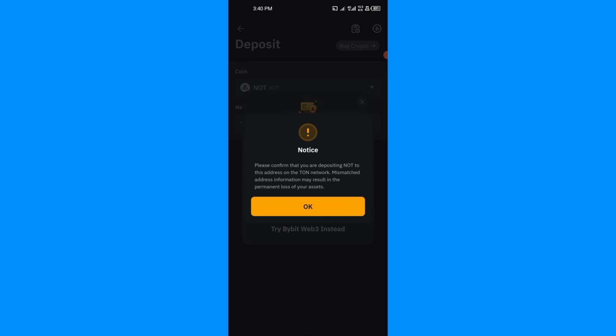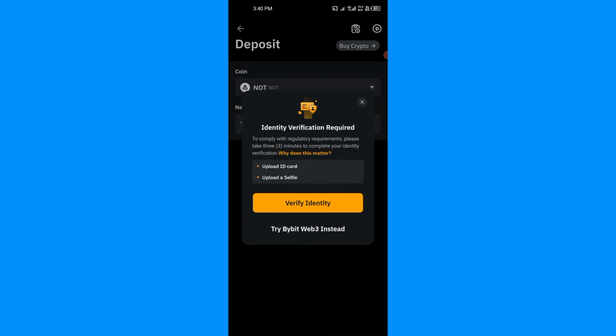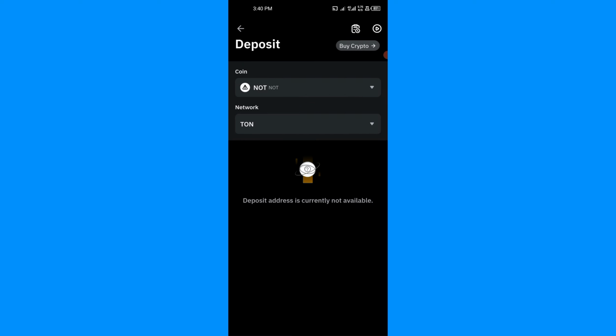So I will copy the link, and at the same time I will copy the tag or memo. It's supposed to show here, but my verification has not been completed. That is why it's not showing. So yours will show here. Then you press it and you copy it, then go to your